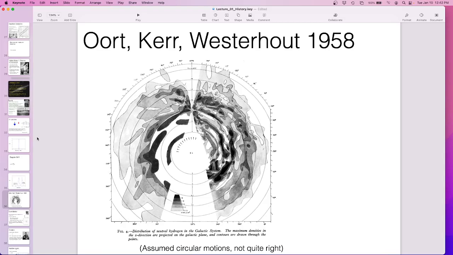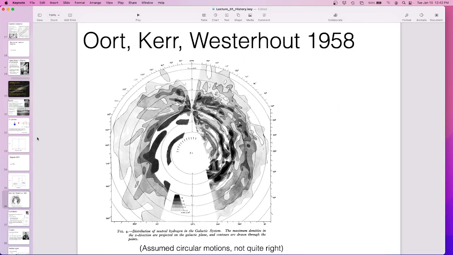So you don't need to worry too much. We'll come back to this graph in a couple of days. But the basic idea is the 21 centimeter line is a radio line, so it goes through everything, so you can see through the dust in the galaxy. Remember that big stripe? You can see right through it, so you can see all of the structure of the galaxy. Now, this bit here is the galactic center, and it's so thick that you can't even see through it in the radio. So that's why we can't see this. But this is us here, and it's an image of the distribution of hydrogen throughout our galaxy. So that was a really important breakthrough. I guess this was 1958, so I might have jumped around a little bit.